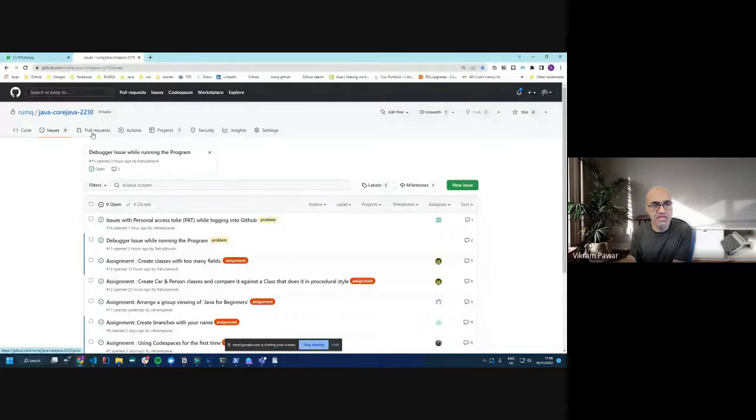If you go to core Java, share your screen. We can't see the screen. Oh, okay. Thank you. I have told you before about the bookmark, right? Yes. So have something like that. So you can just go like that. And you need to go to this repository and issues. Yeah. You see my screen now?